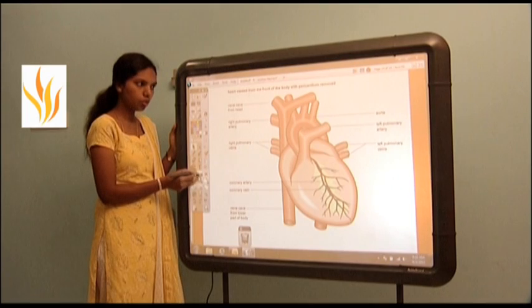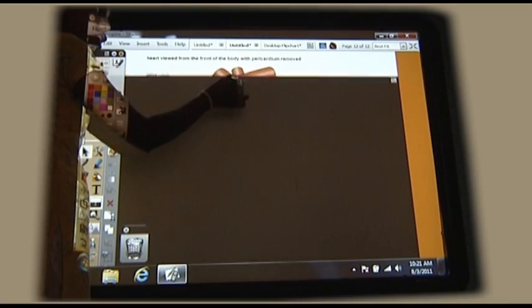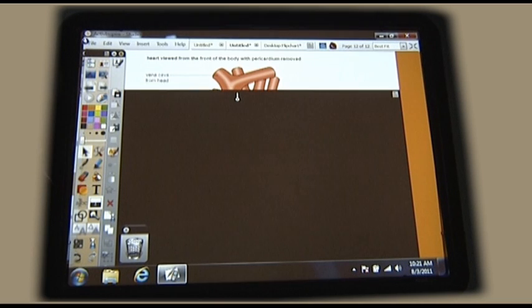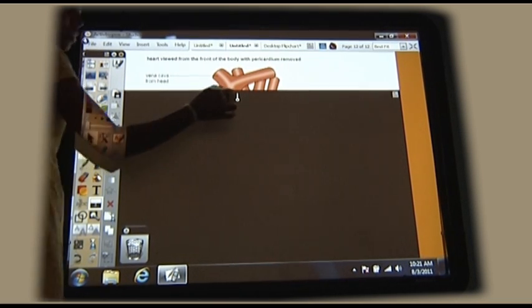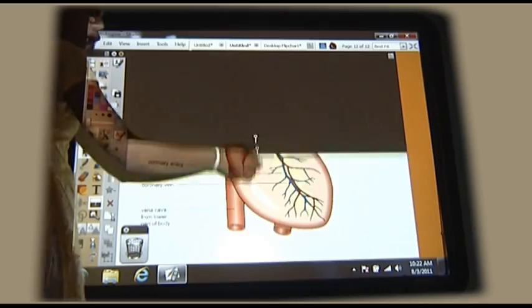There is a tool called the Revealer tool, which will hide my page. I can drag the Revealer and just go on teaching with my subject. Now this Revealer tool works from all 4 sides.